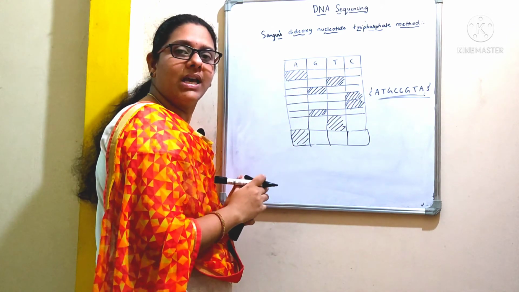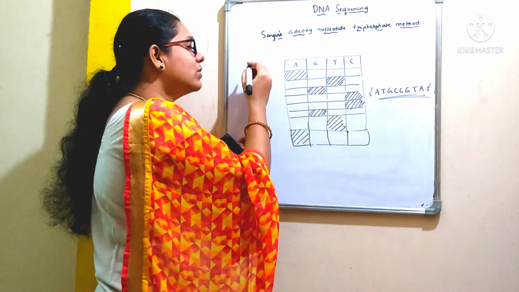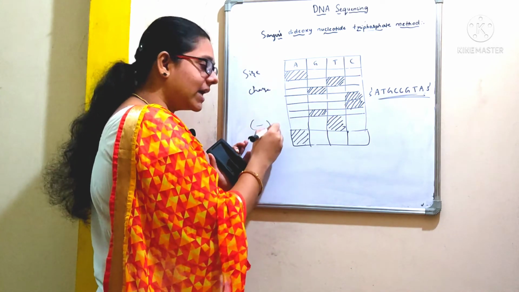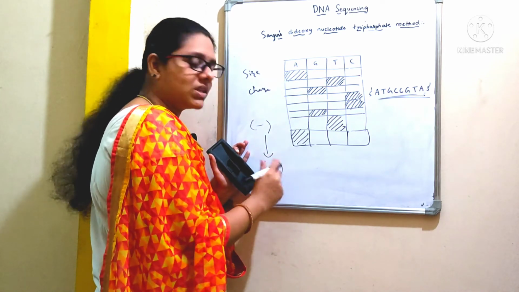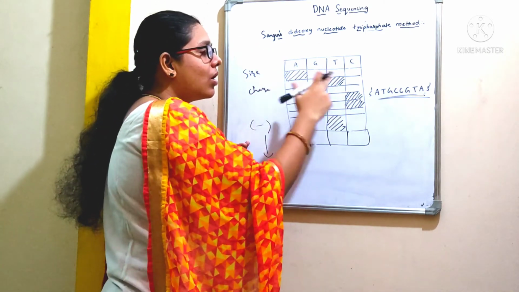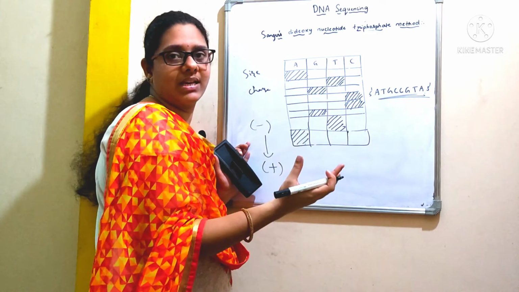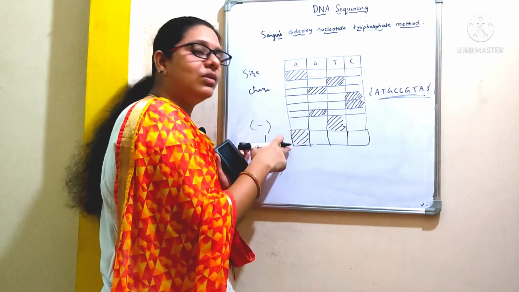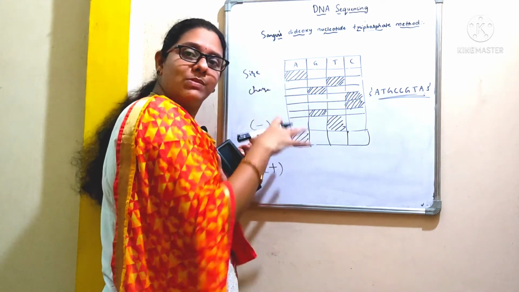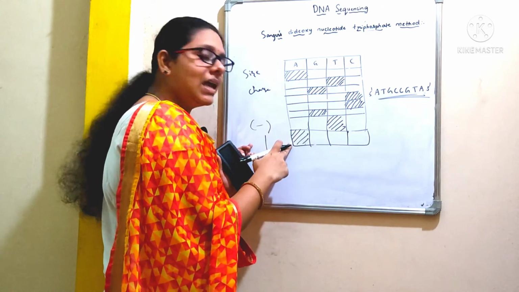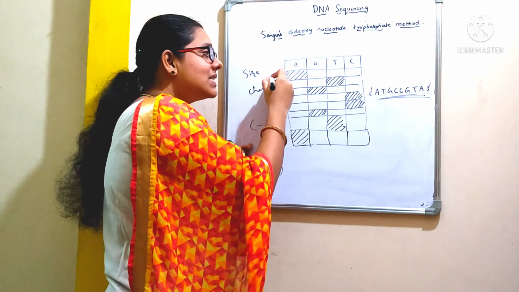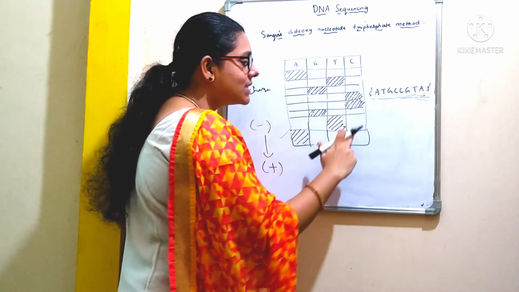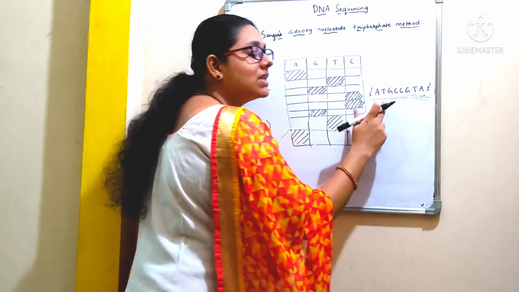As you all know, with the help of the electrophoresis technique, we separate DNA fragments based on size and charge. DNA carries a negative charge and it moves towards the positive charge, that is the opposite charge. Whereas all these DNA fragments are different in size. Some are smaller and some are larger. Larger ones will have high molecular weight compared to the smaller ones. So smaller ones with less molecular weight can move faster and they appear away from the well. Whereas the larger ones will move slowly and they appear near the well. Based on this gel picture, we can easily determine the sequence of DNA.